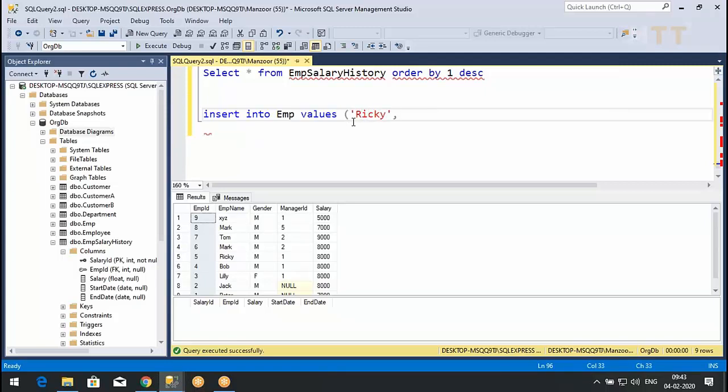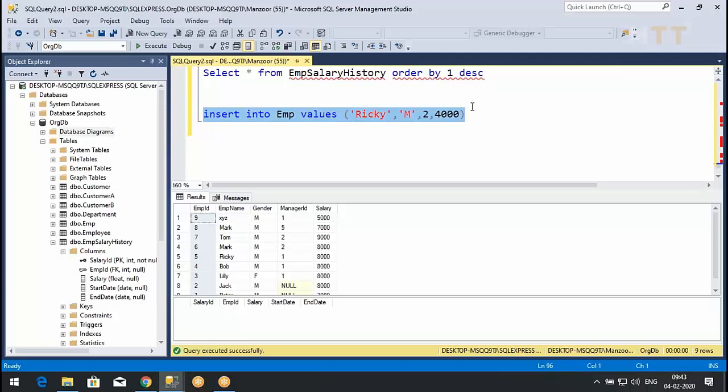Ricky. Fine. Gender I need to pass: Male. Manager ID I need to pass: 2. Salary I need to pass: 4,000. Is this clear? Whenever I insert a record into the employee table, at the same time I need to insert